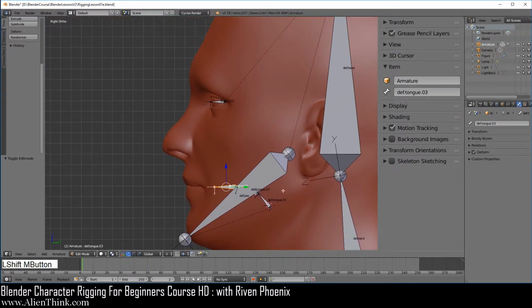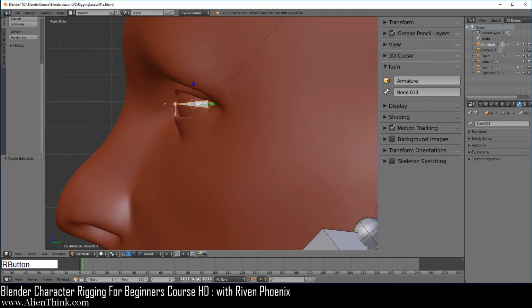Now we're going to name the eye. Okay, now click over here on this bone and type in def.eye. Now this is really important. Over here we're going to do dot and then L. This means that this is the left eye. This is a special meaning for Blender. So when we mirror the bone on the other side, Blender will automatically name that eye def.eye.R, meaning that it's the right side. And you'll see how that concept is going to work a little later when we actually mirror this.